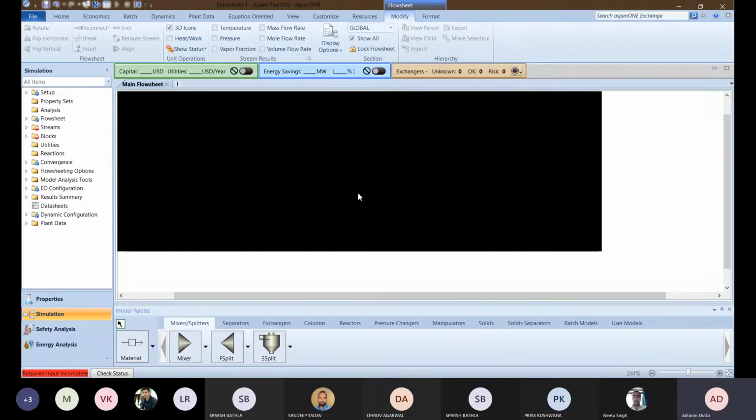What you all can do with this Aspen Plus is rename this by double clicking on it. By double clicking with your left mouse button, you will be able to rename it. I can rename it with the name of mixture. By default, the blocks will be named by Aspen as B1, B2, B3, and so on.